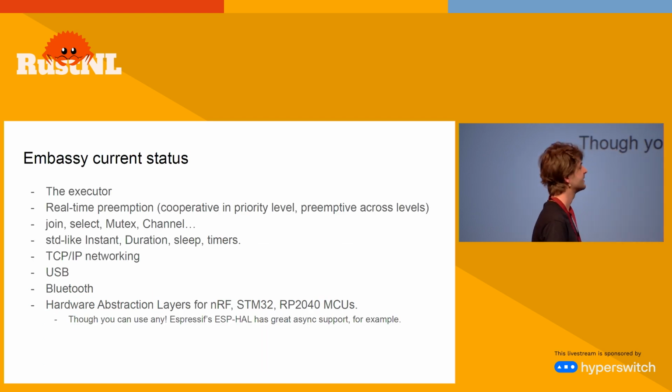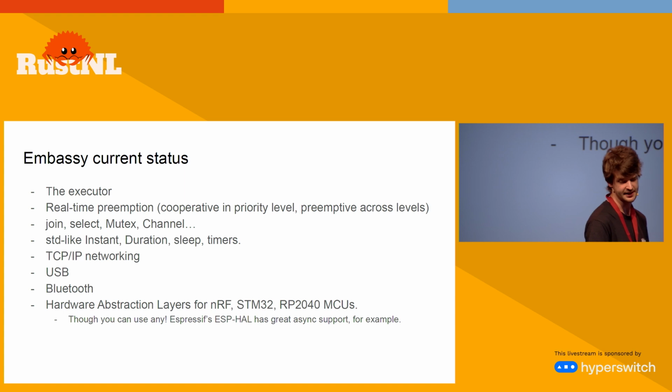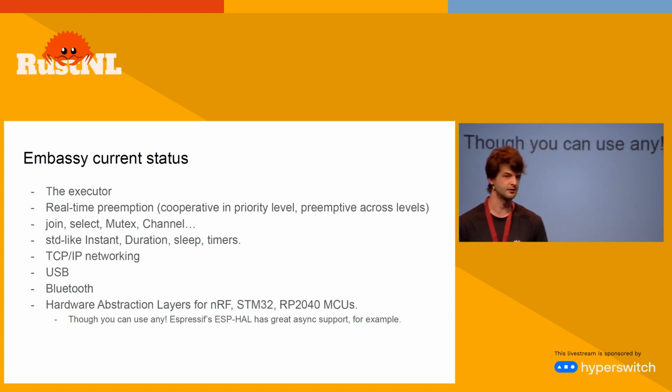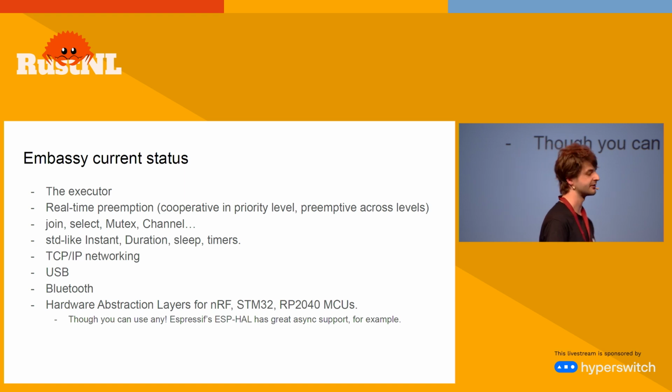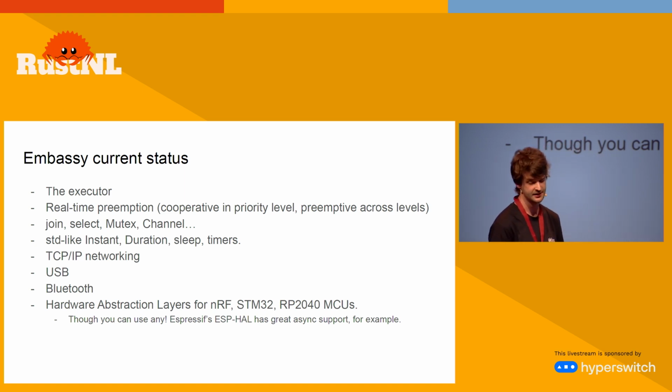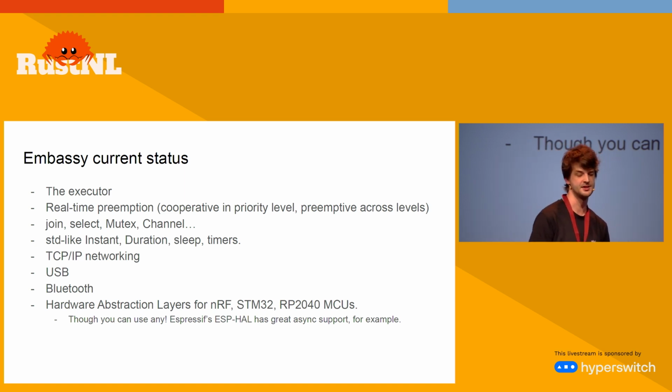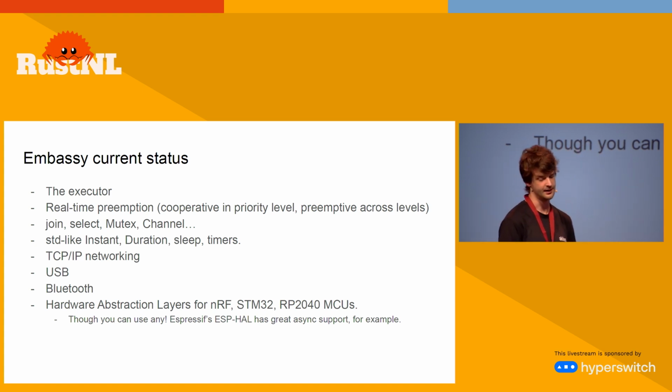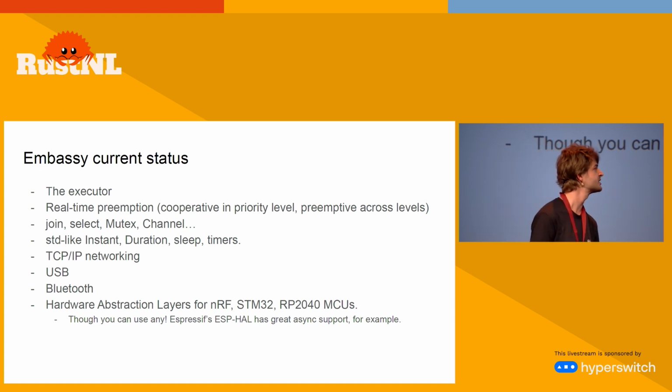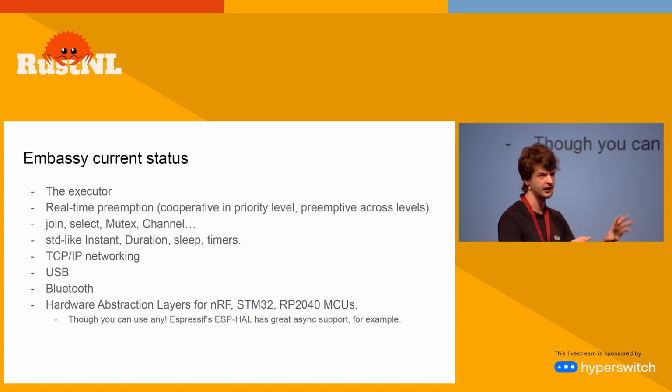So to finish, a rough overview of the Embassy project status. We have the executor, we also get real-time preemption, and you get all the utilities you would expect from an async runtime: join, select, channels, mutexes, timers, instant and duration. It's got a built-in network stack where you can do async IO, a USB stack, Bluetooth, and within the Embassy project, we maintain hardware abstraction layers,